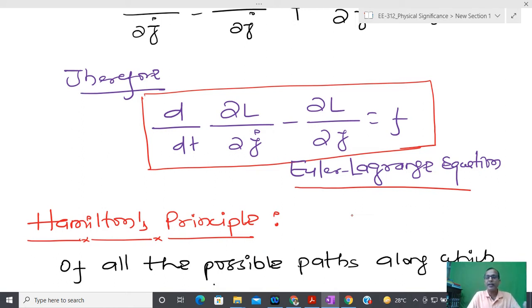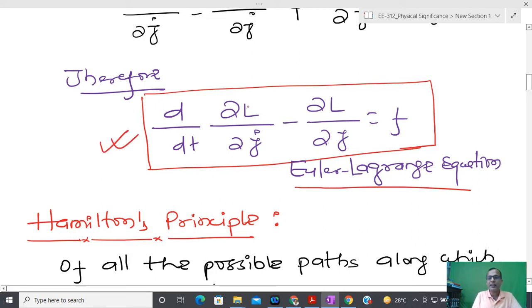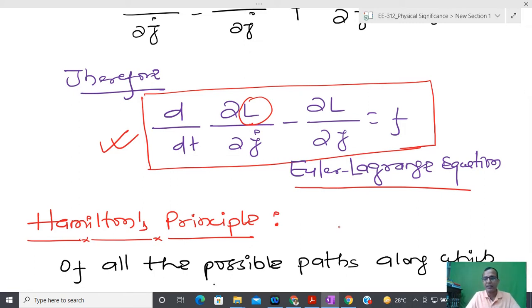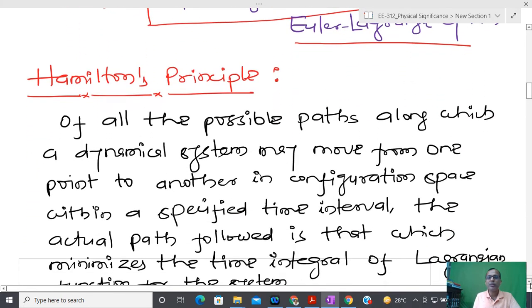But fundamentally you can start from this equation. And how to start? You can define L. L is called the Lagrangian, and what is the meaning of the Lagrangian? That is the difference of kinetic energy minus potential energy. And after that you can solve this differential equation. Then you are able to get the differential equation, and that differential equation is the mathematical model of that physical system. Okay, and in the previous class we have already gone through the Hamilton principle of least